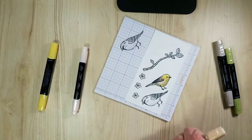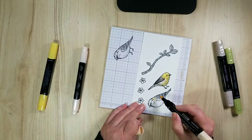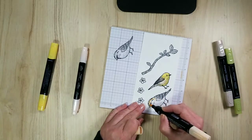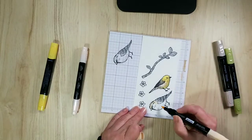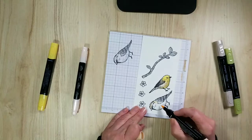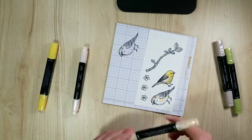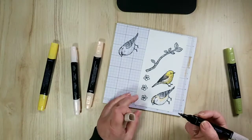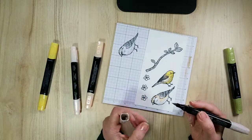So there's the one. The other one, it's going to be pretty subtle. And I started with the dark. That's okay because the dark goes up here and around here. I feel like I have ink on it, but I don't. Memento is the one to use. Oh, you know what? I did use some of the light cherry cobbler on this one. Wrong end. That's the bullet end. I want more of, oh,